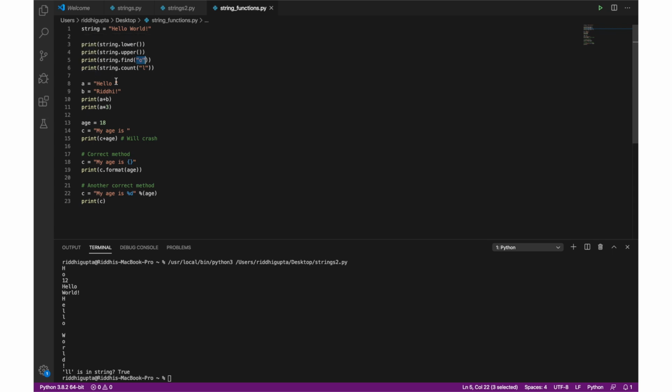Now, the next function is count. What count does is it'll count the number of times the element or string or character that you've provided is repeated in the string you are using the function on. To use it, you have to write the name of the string, a full stop, the word count, parentheses, and then inside the parentheses,